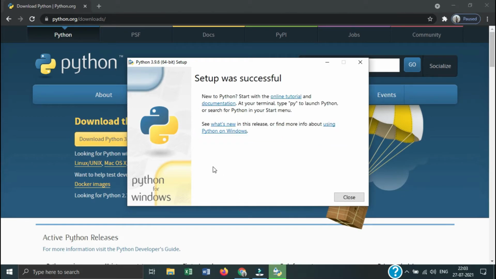After the installation is successful, you can see this page. You can see that the setup was successful. Now just close this window.